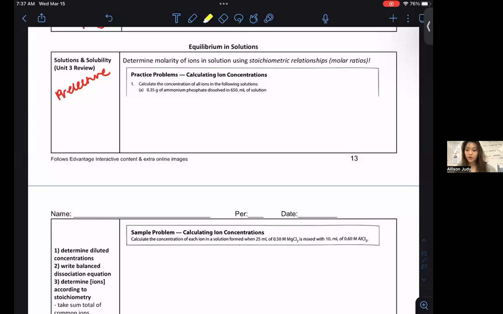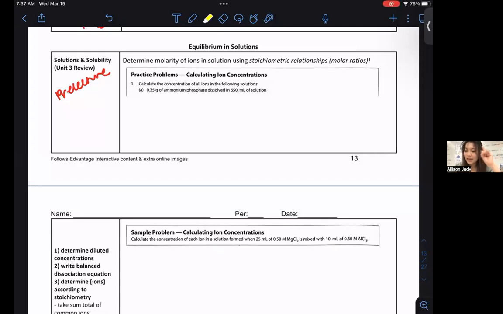All right, AP students, welcome to your Unit 3 Solutions and Solubility Review. We have just spent time in Unit 7 talking about ice table problems or equilibrium problems. There are three main types, and we're going to transition now into looking specifically at calculating or determining the equilibrium constant for a dissociation reaction, which is its own unique kind of subcategory in equilibrium known as the solubility ion product